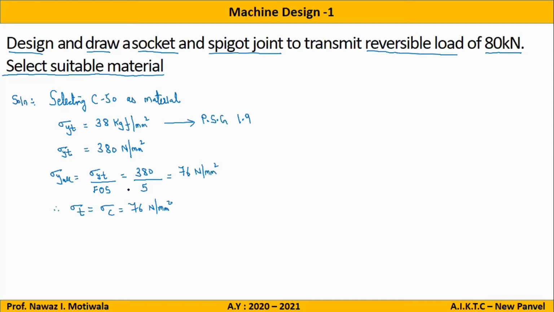No, sir. Okay. So we got sigma T and sigma C. That means I got the value of tensile and the value of compression. Now what stresses are remaining? Shear. Yes, the next one is shear. I will write sigma s, or I can also denote it by tau. And we have the relation that tau is equal to 0.5 times sigma t. So it will be 0.5 times 76. On solving, I will get, I think, 38, correct?